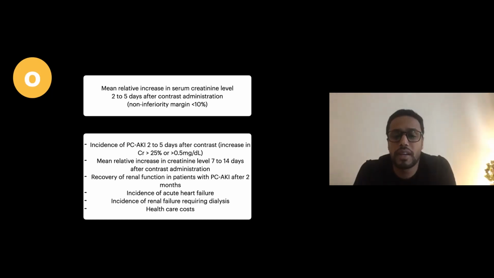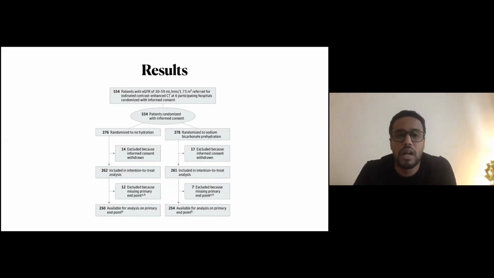Also, they were looking for the relative increase in creat in 7 to 14 days, and the recovery of the renal function in 2 months, and if there was any incidence of heart failure and the total health cost. Now, this was a randomized clinical trial done in 6 hospitals in Netherlands. They had 554 participants, divided into 2 groups with 276 in the hydration group and 278 in the